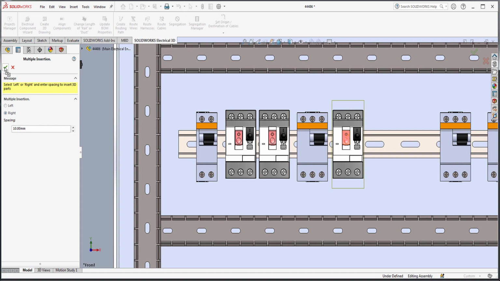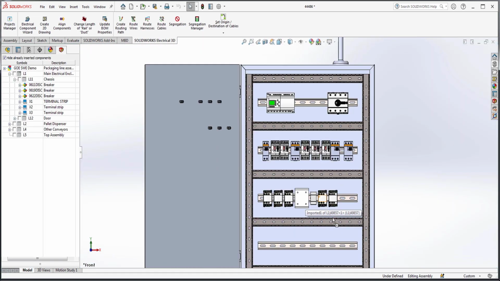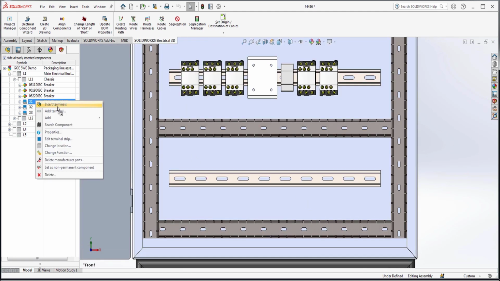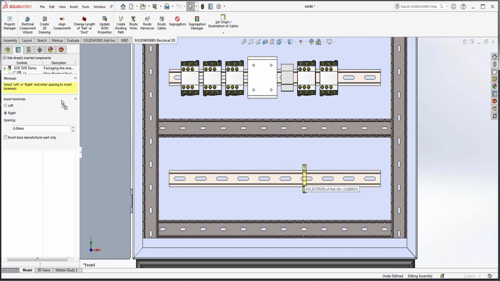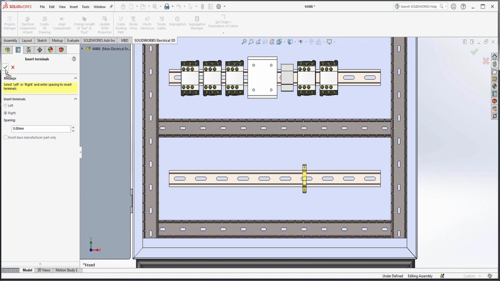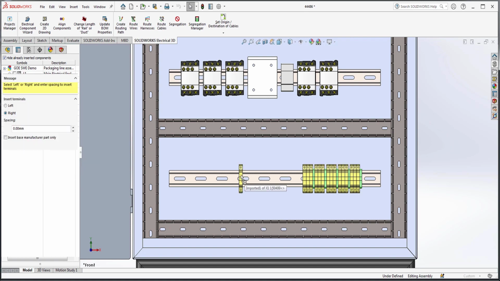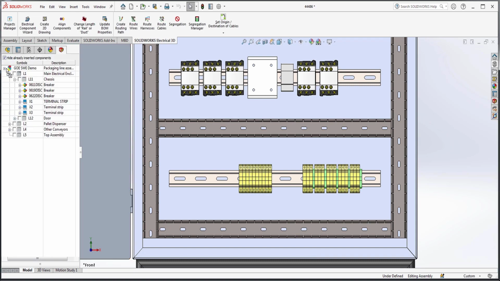Where in a 2D cabinet, you're not going to see that as easily. But here you can actually notice those changes because you are in a 3D environment. But even placing a terminal strip, as you can see, it's just a matter of another click, just like you do in schematic. It's not really a big deal. It's very easy to get used to this,